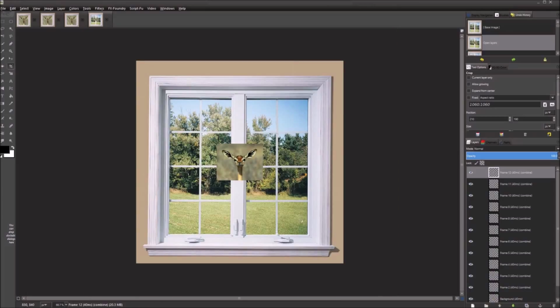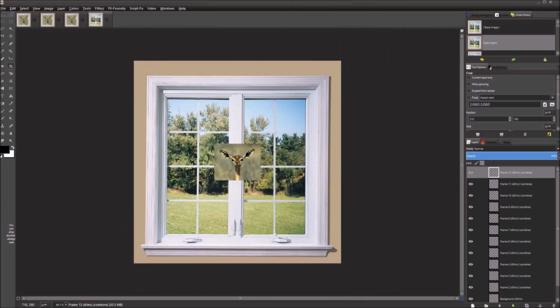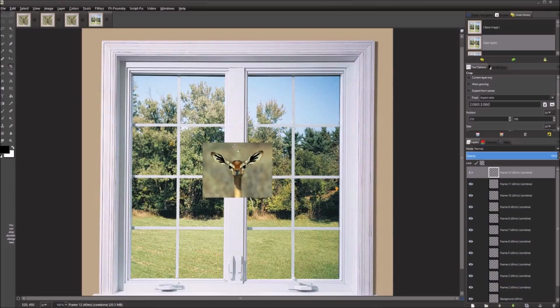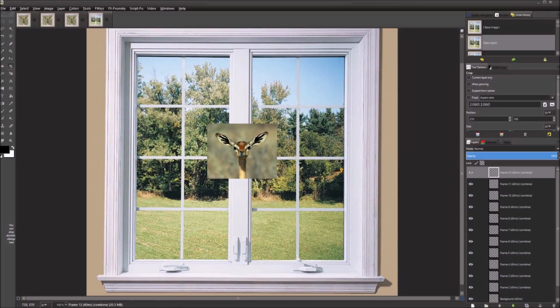Some people complain that Gimp moves so slow. But if you watch any of my tutorials, I know some of them aren't super great because sometimes I've been working for 12, 13 hours and I'm super tired, and I know I shouldn't make tutorials like that, but I do work a full-time job, so sometimes I don't have a choice. I have ideas and I love this kind of stuff. But anyways,